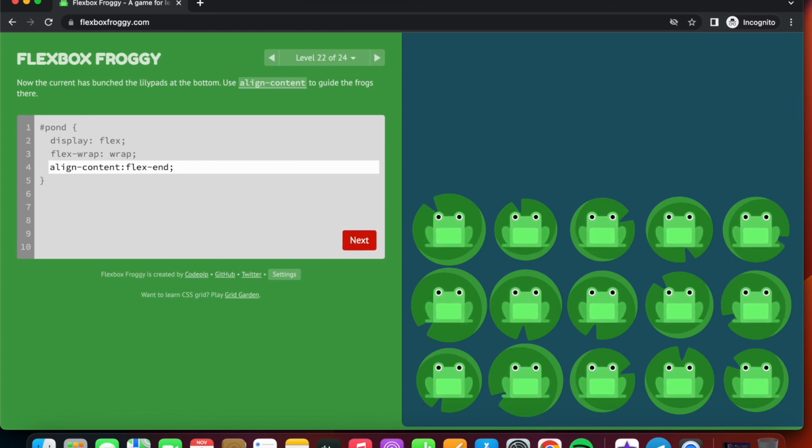So the remaining two levels, you guys can go and check it out. Okay, it's going to be pretty simple itself. So that was it about the Flexbox Froggy. So we went and explored several levels, by doing different properties, that is flex direction, align items, align self, flex wrap, and then pretty much other different properties, and then we also solved different challenges so that we can become better with